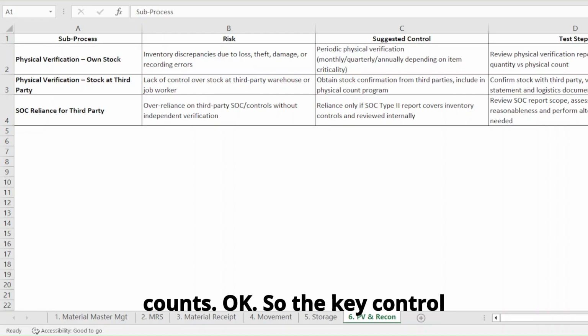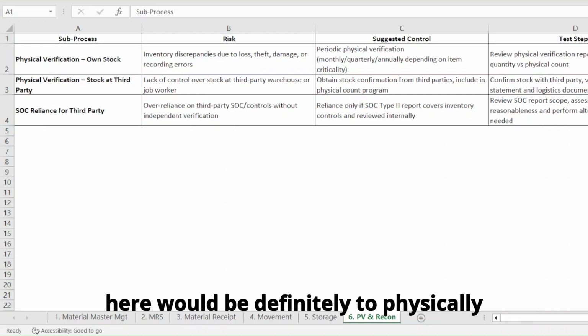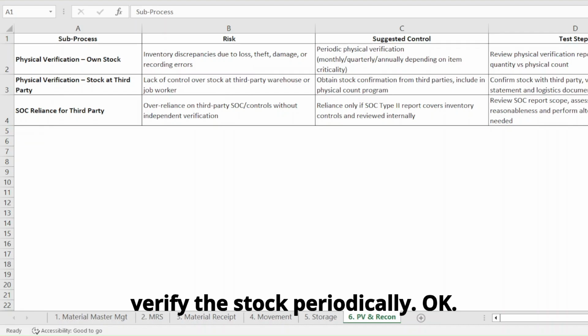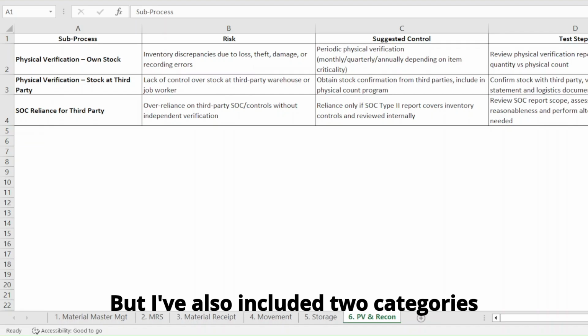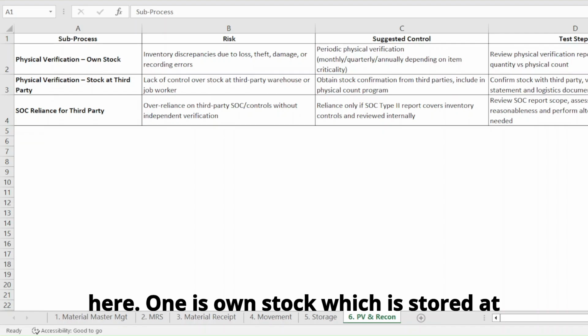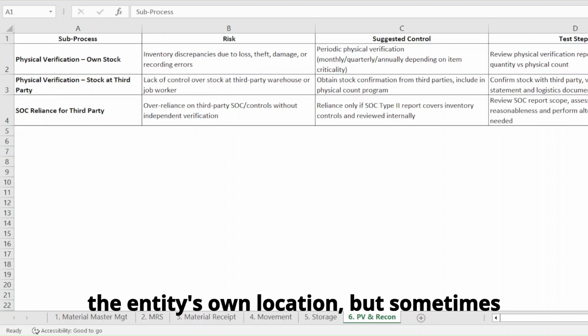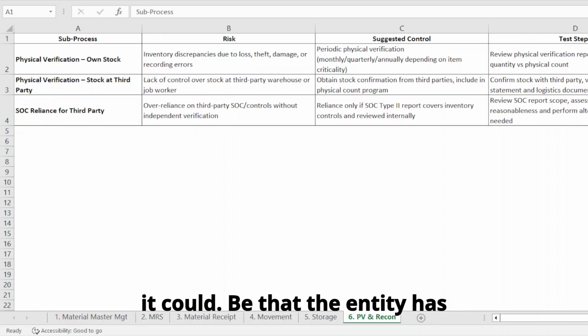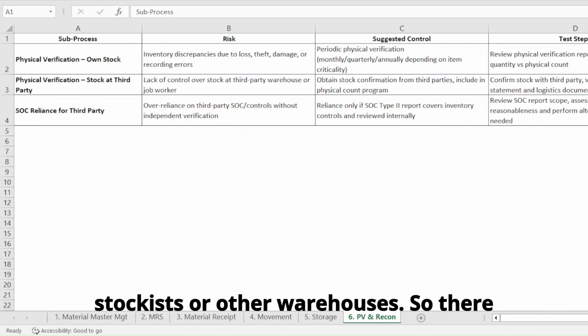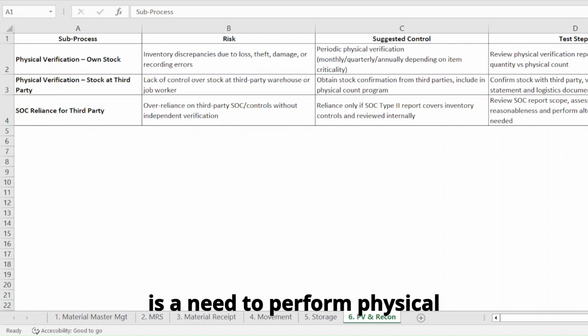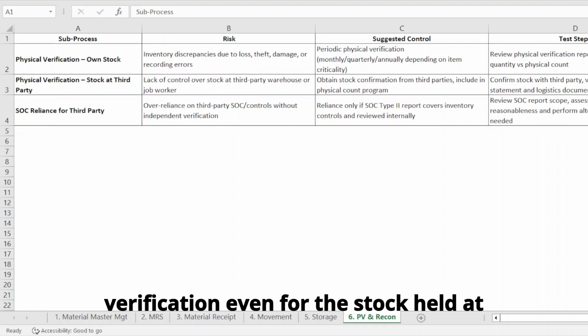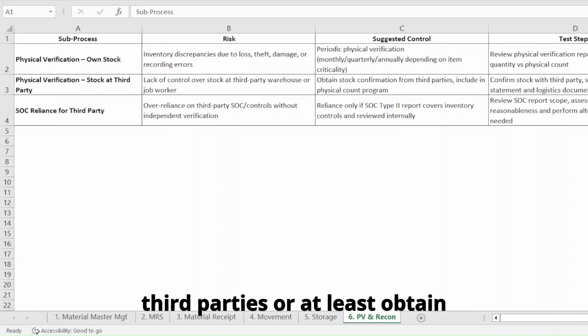Okay, so the key control here would definitely be to physically verify the stock periodically. But I've also included two categories here. One is own stock, which is stored at the entity's own location, but sometimes the entity has stockists or other warehouses. So there is a need to perform physical verification even for the stock held at third parties, or at least